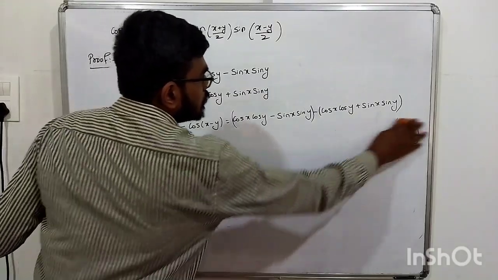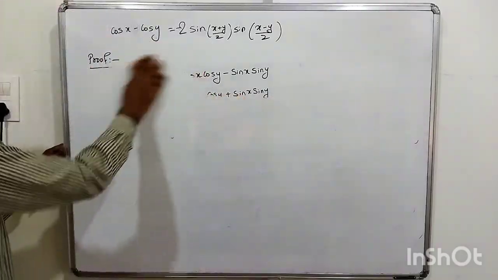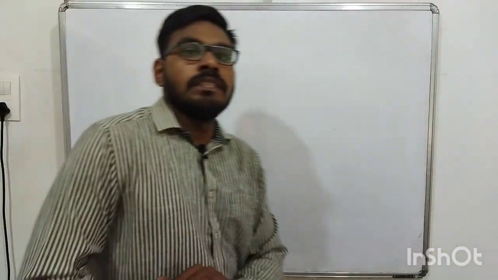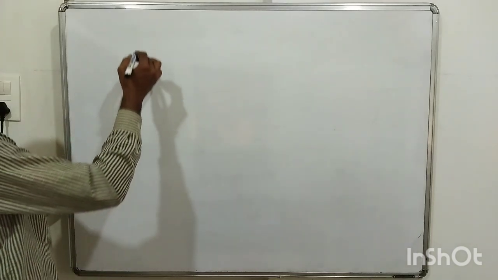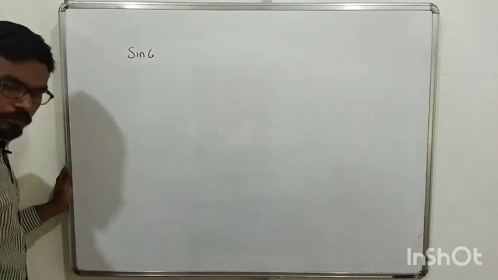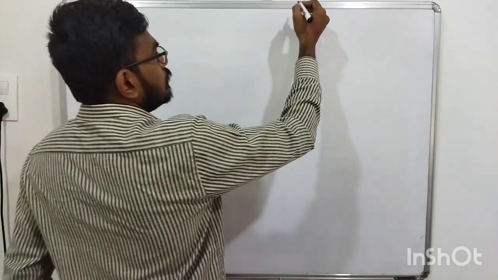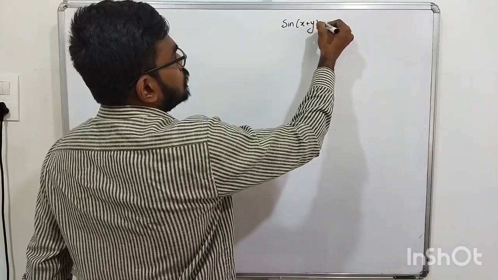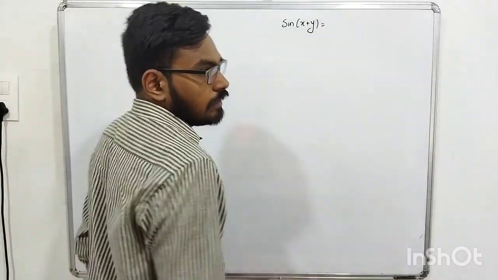I told you how to remember those. Okay, so next we will see defactorization formulae. So again there are 4 defactorization formulae here. First one is sin x cos y, and how to remember this, that also we will see. These 2 formulas you need to remember first. If you don't remember these 2 formulas, you can't remember those formulas.